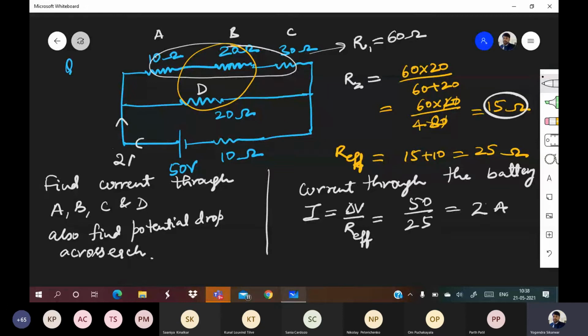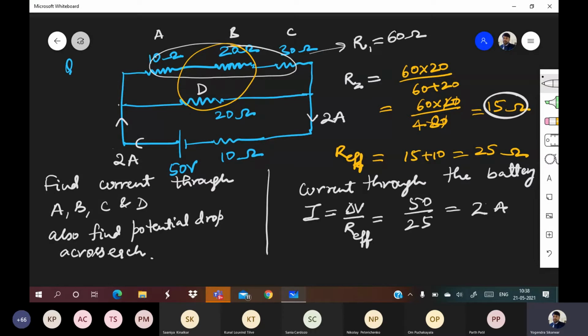All right. So if 2 ampere is going from the battery, then 2 ampere will return back to the battery. Always remember the amount of current which goes through the battery, same amount of current returns back to the battery. And it is based on charge conservation because battery neither gives charge nor takes charge, it only rotates charge. Remember this.